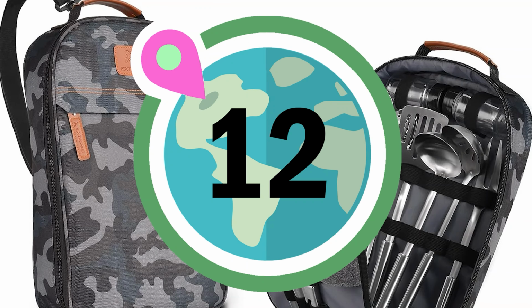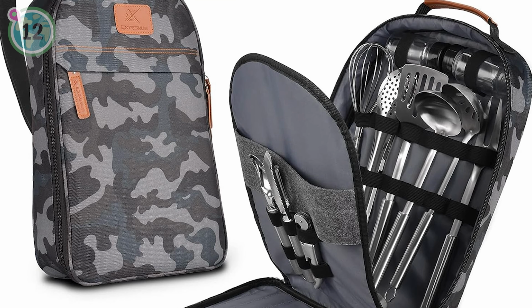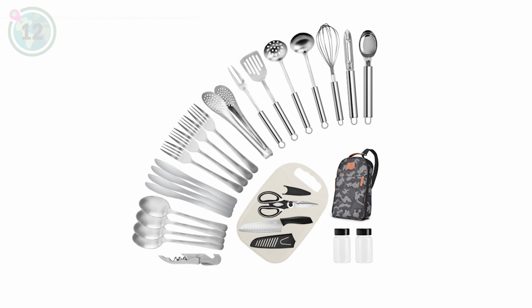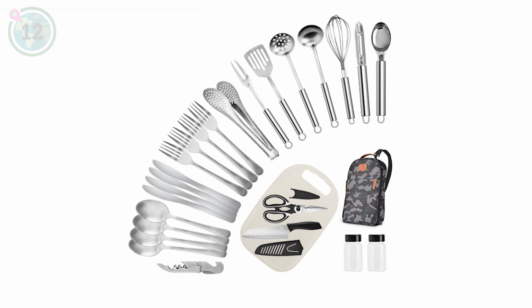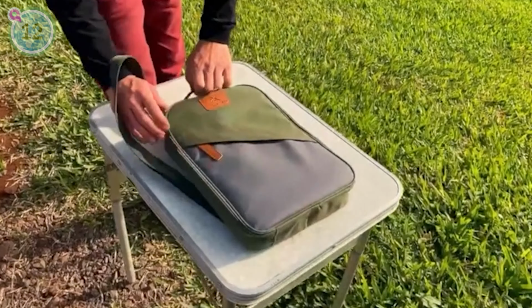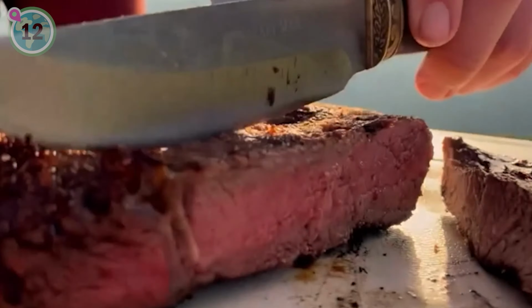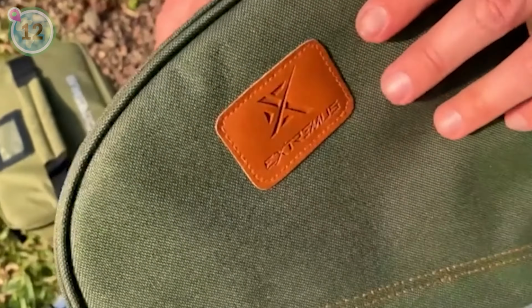Coming in at number 12 on our list, we suggest the Camp Kitchen cooking utensil set by Extremus. With a whopping 27 pieces, this cookware set is a versatile companion for any camping occasion. Encased in a sleek and protective carry case, you'll find 4 sets of knives, forks and spoons, along with food scissors, a wine and bottle opener, a chef's knife with a cutting board, and an array of other tools to